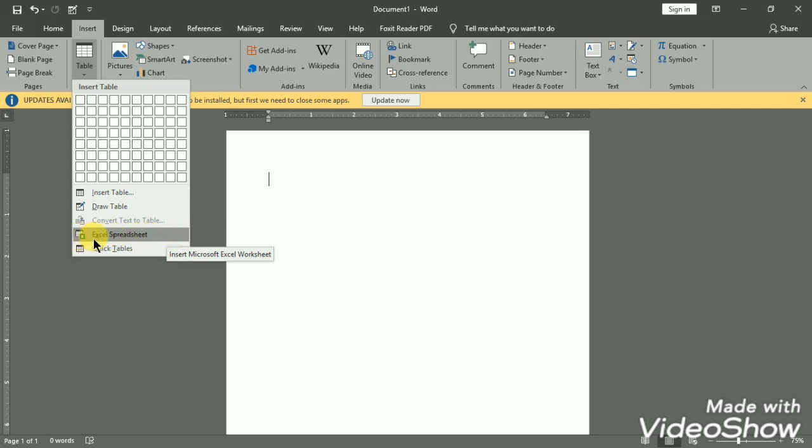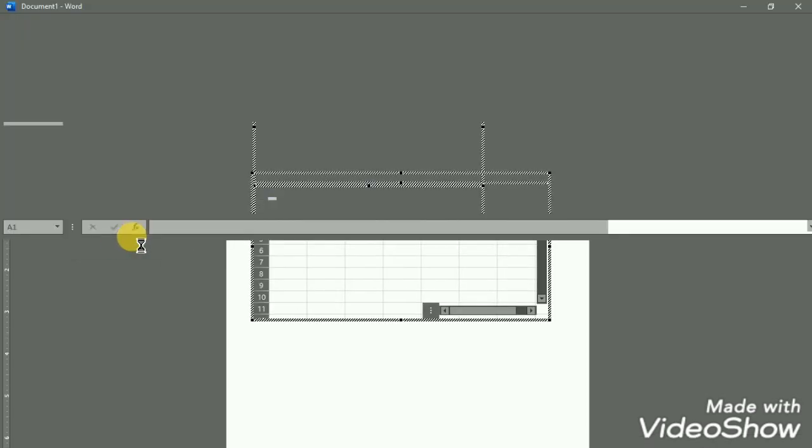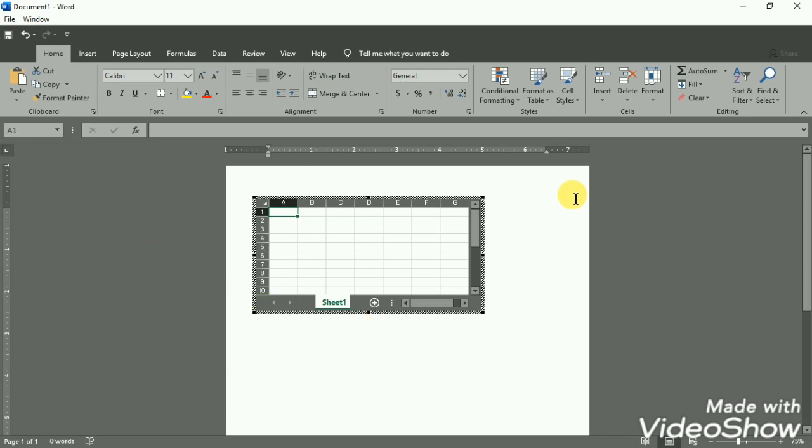For example, if I want to add, that is, total, I want a grade, I want a result, pass or fail. We have formulas in Excel, but here in Word I cannot perform the formulas. So now I am using Excel spreadsheet.